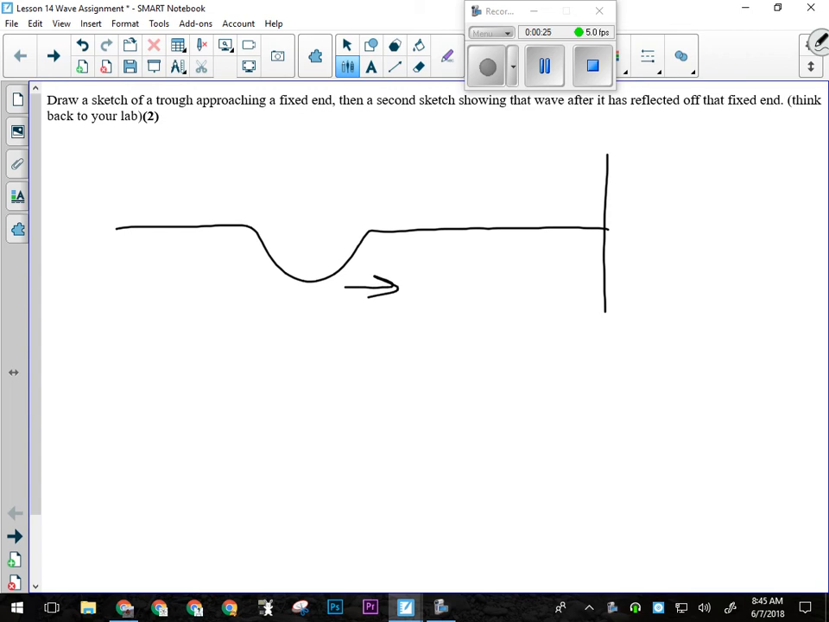Since the fixed end is something it can't travel into, what is it going to do when it hits it? What happens to most waves when they hit something they can't go into? They bounce off. They reflect. Now, is this reflection going to be upright or inverted? Is it going to be a trough coming back or a crest coming back? Remember, we said yesterday that at a boundary with something that's more dense or more difficult to travel into, the reflection would be